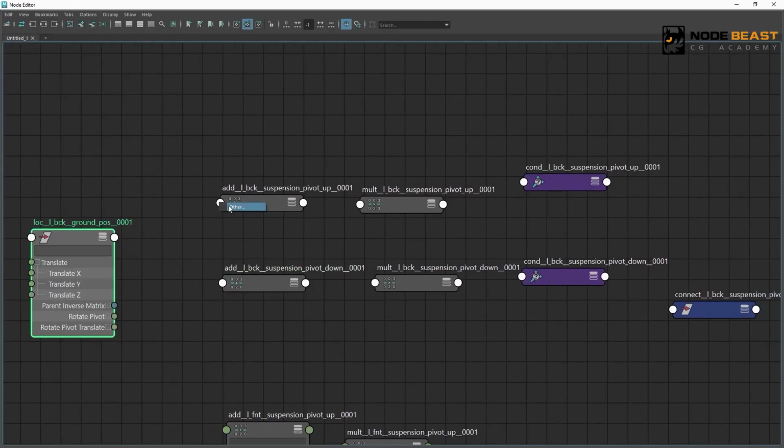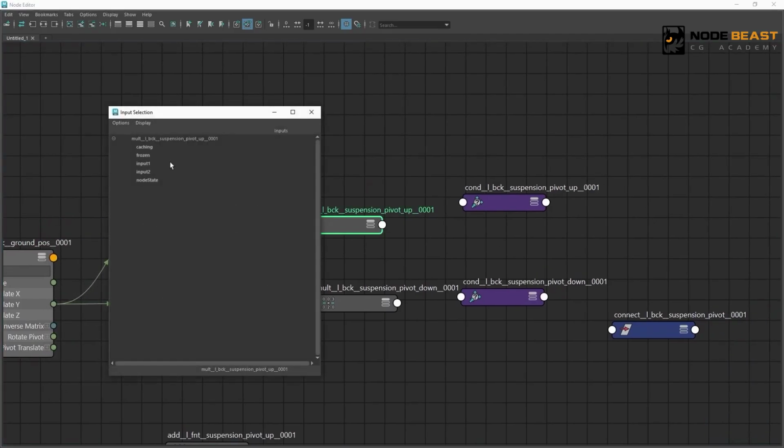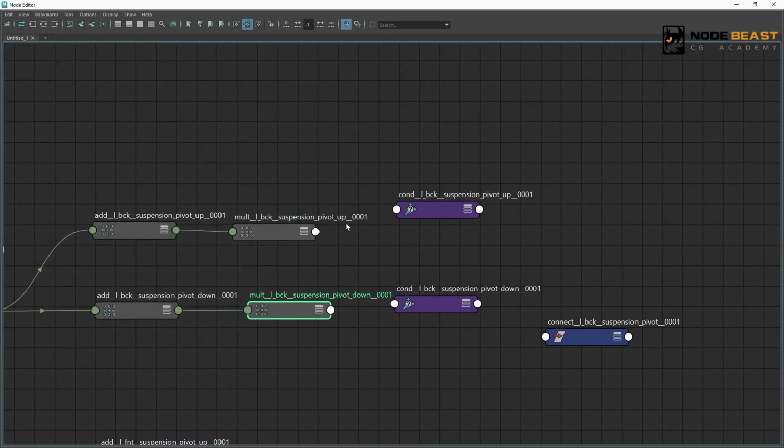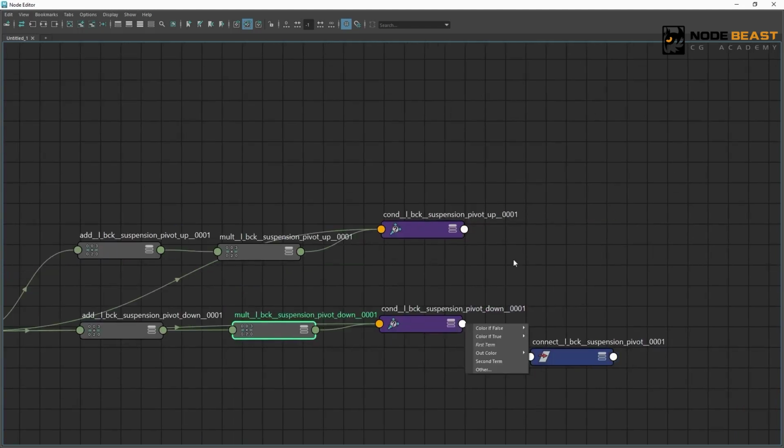Take the translate y, connect it to the add double linear node's input 1. Add double linear node connects to the mod double linear node. And then take translate y and connect it to the condition node's first term. Finally, connect its result to the connect group's translate y.